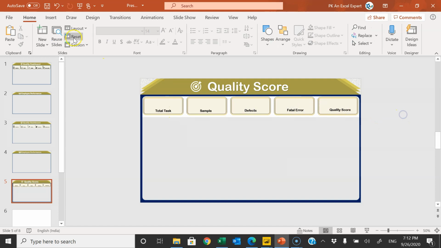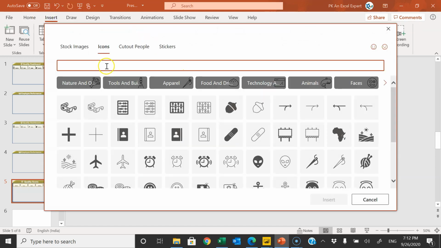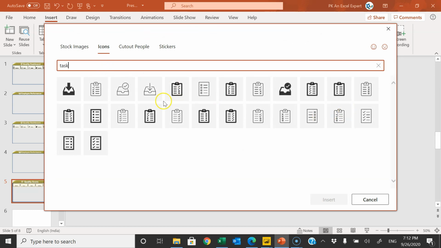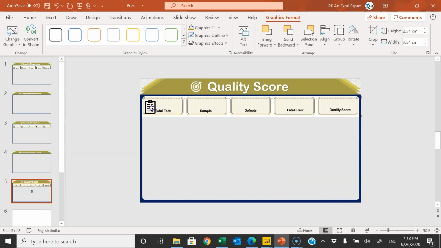Okay, now we will insert few icons. Quickly we can take from the icons. So for the task we can take from the task, type task and we can take any icon from here. So let's take this one, insert and we can keep this here slightly smaller, this.